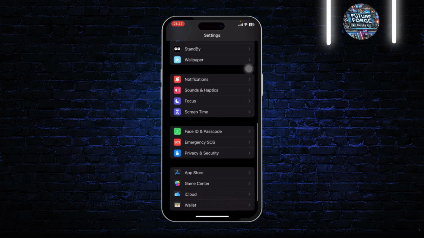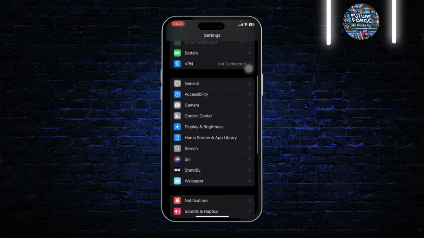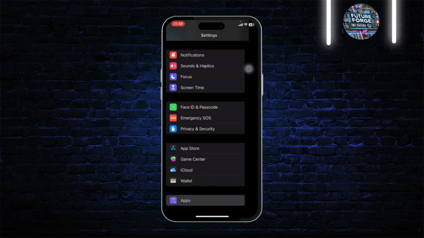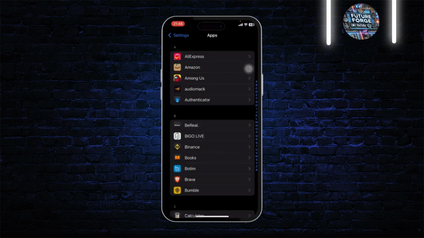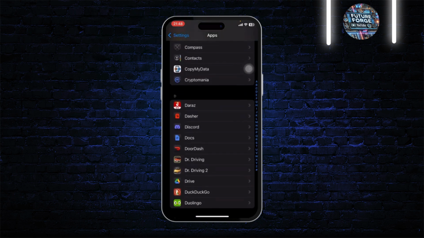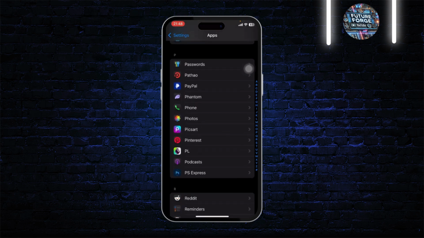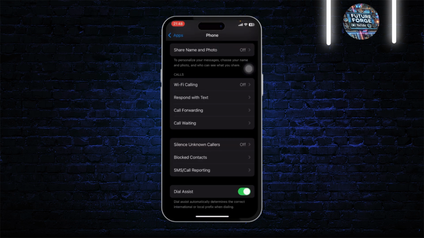So to do that, you can search for it right here, and if you don't find it, you will need to go to the apps section that is on the bottom of the settings. After you tap on apps, you will need to search for phones. You can use this alphabet to just go to the P section, and after you do, you will see phone. Tap on it. Now after you tap on it, you will need to scroll down, and after you scroll down,